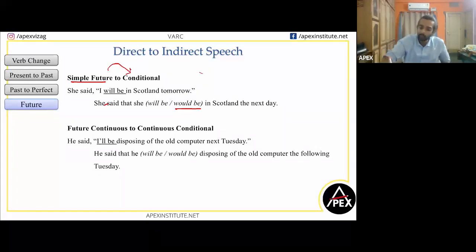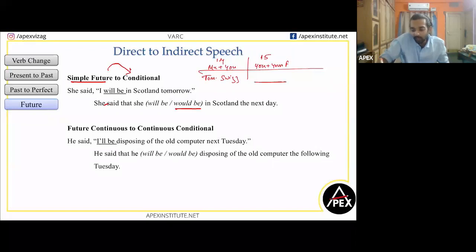So think of it like this. What is today's date? Today's date is 15. So on 14th, you and I spoke. Okay, I told you, tomorrow I will go to Switzerland. On 15th, you are speaking to your friend. So this is me plus you. This is you plus your friend.